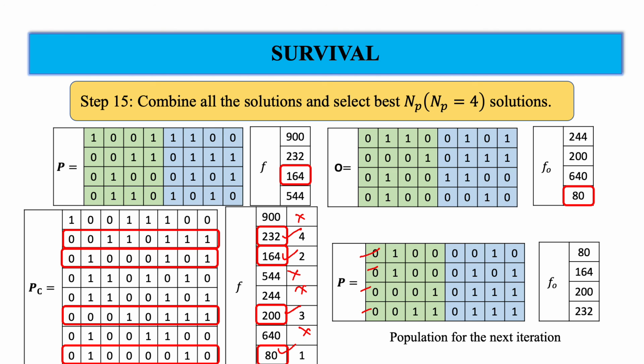Again, for this population we will do the tournament selection, then we will perform single point crossover, then after that we will perform mutation, and at the last we will perform the mu plus lambda strategy as we have done in this slide. Okay, so this is the working of the binary coded genetic algorithm. So that's all for today's lecture. Thank you.